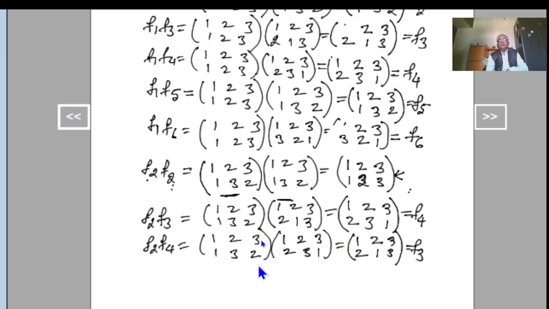The first permutation is here, the second permutation is here. Here we have to check: 1 goes to 1, then where does this 1 go? So 1 to 1, then 1 to 2, which means finally 1 is going to 2. Here 2 goes to 3, then 3 goes to 1, so finally 2 goes to 1. 3 goes to 2, 2 goes to 3, so again finally 3 goes to 3. Like this we can find the product of two permutations. Okay, thank you. I will stop here.